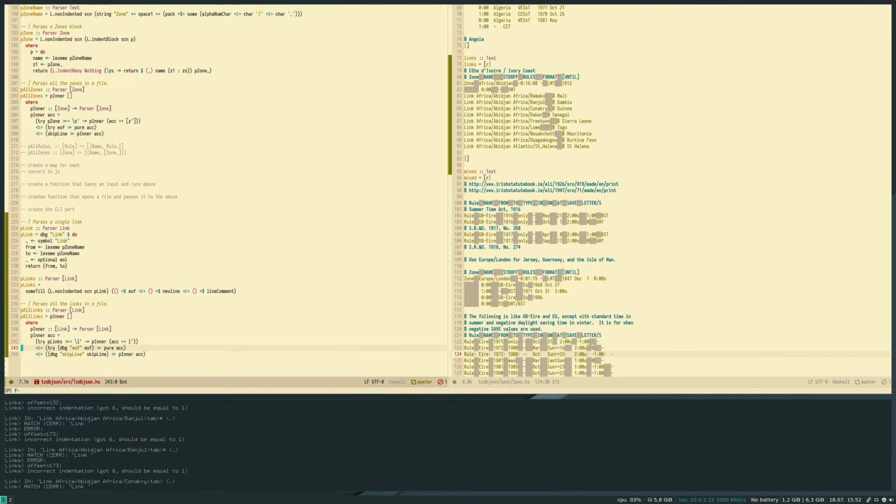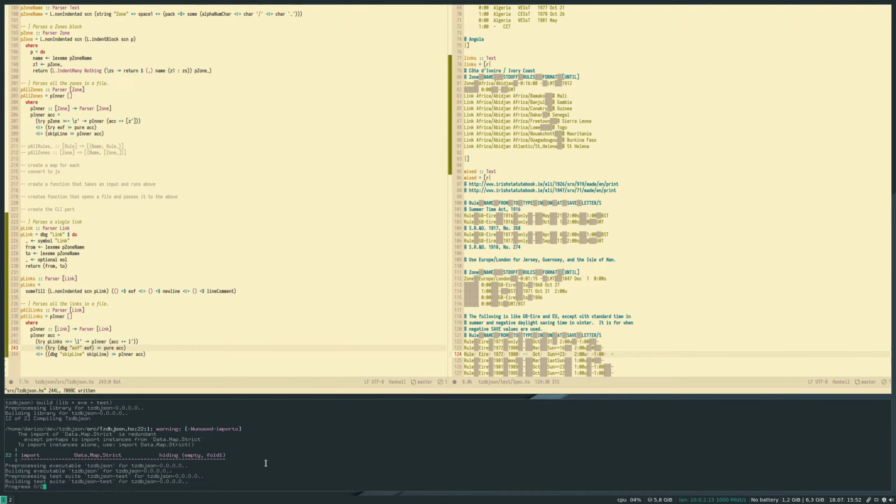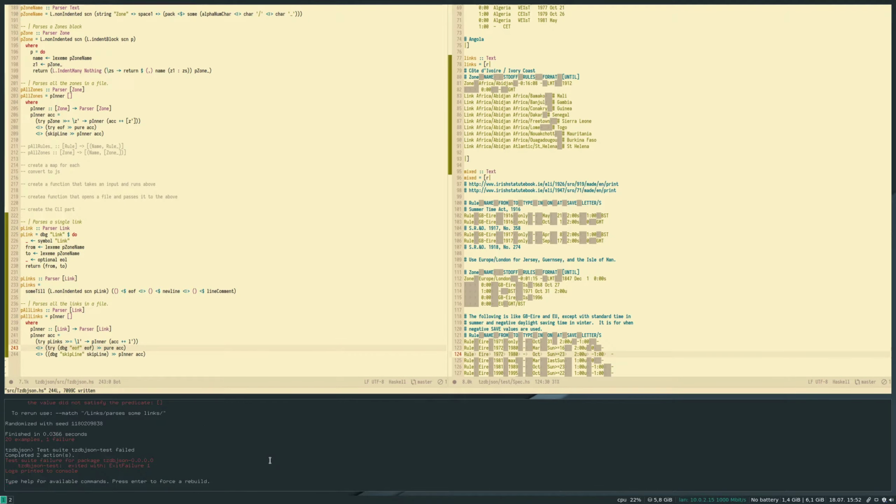Maybe we can put it back here if this doesn't work, and we can make it skip the whole zone block. So let's see what's going on. Yeah, the end of file is not really that interesting, honestly. So yeah, what's happening here?